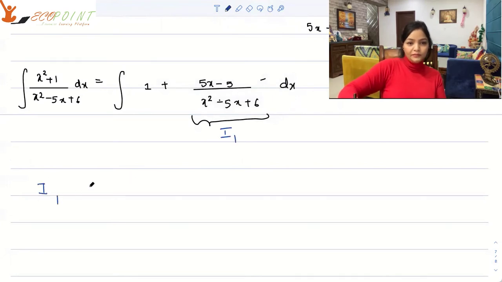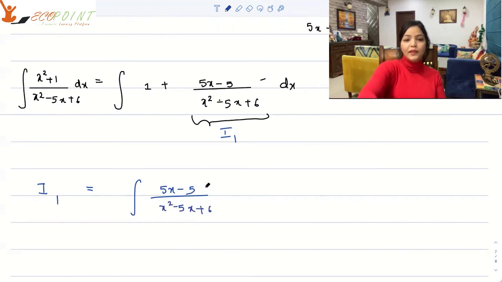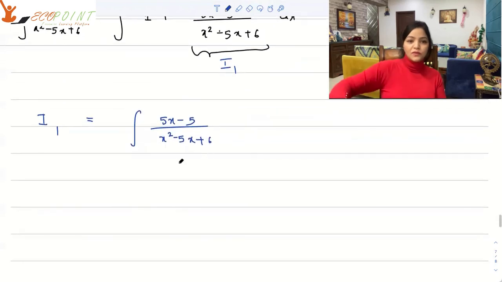So I1 becomes the integral of 5x minus 5 upon x square minus 5x plus 6. And using partial fractions, I will get 5x minus 5 whole thing upon x square minus 5x plus 6